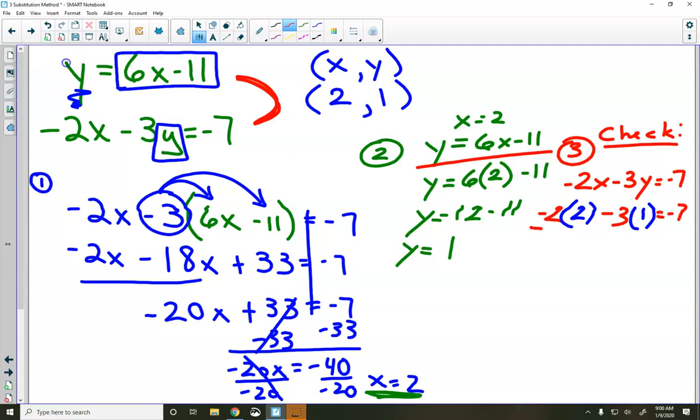Well, let's see. Negative 2 times 2, negative 4. Negative 3 times 1, negative 3. And negative 4 minus 3 is negative 7. And negative 7 equals negative 7. So we know our answer of 2 comma 1